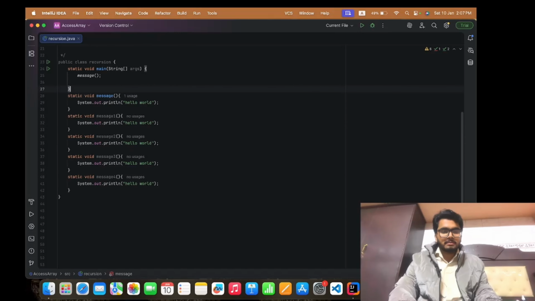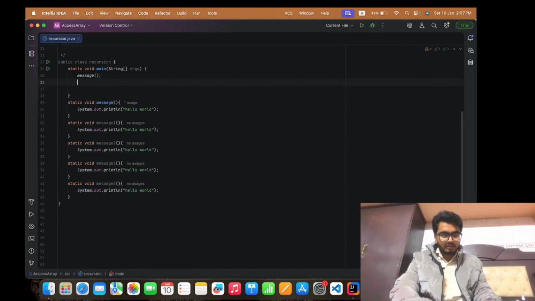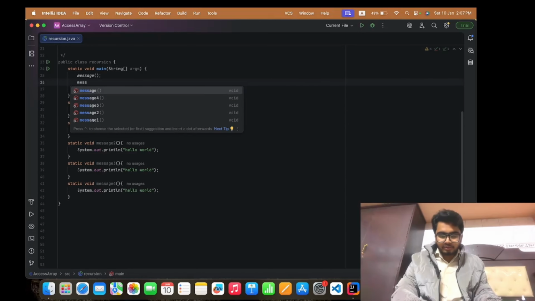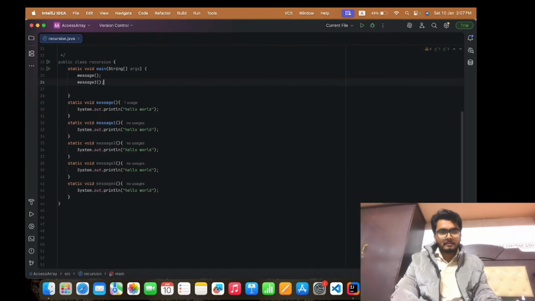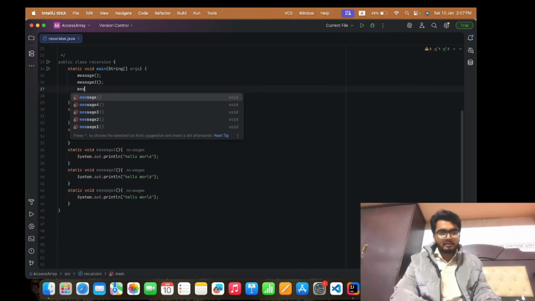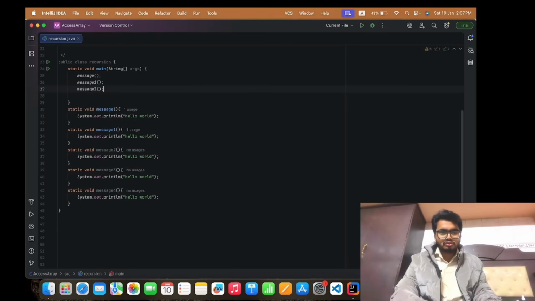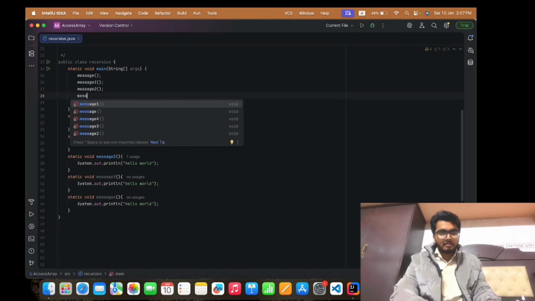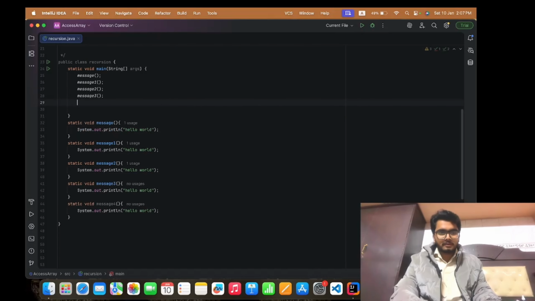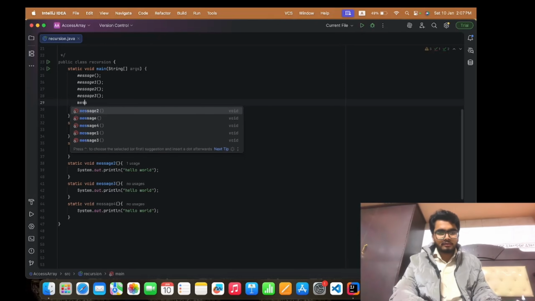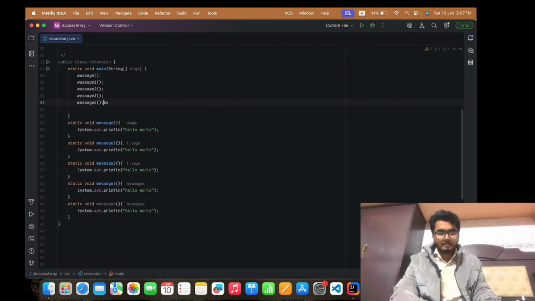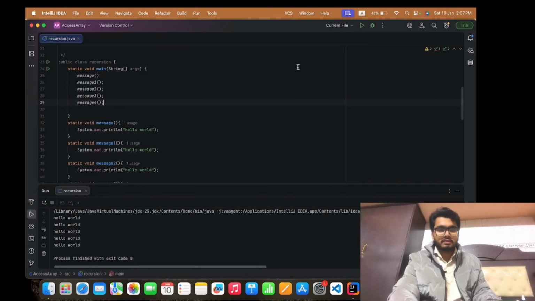Then in the main method I can call message 1, then message 2, then message 3, then message 4. Now if I simply run this, I will get hello world printed 5 times.